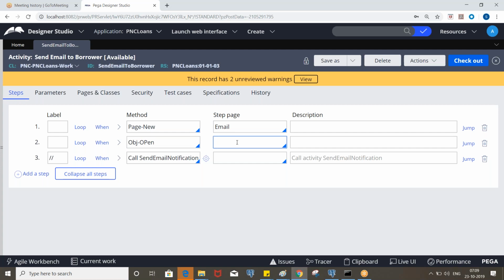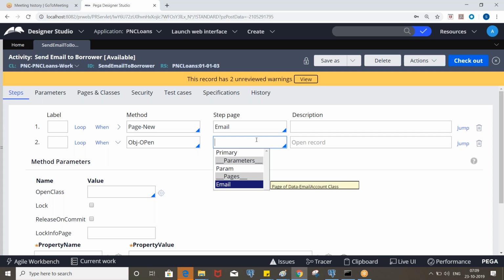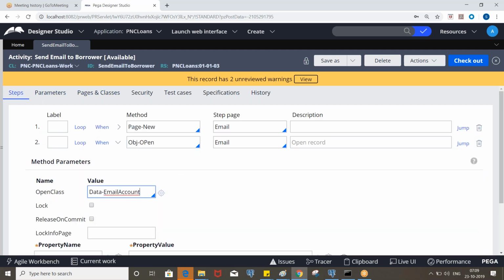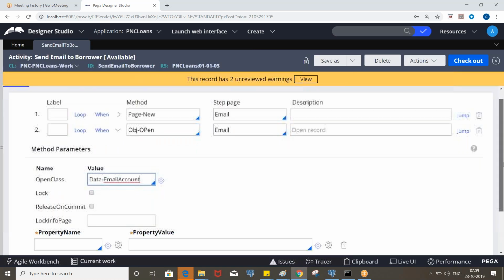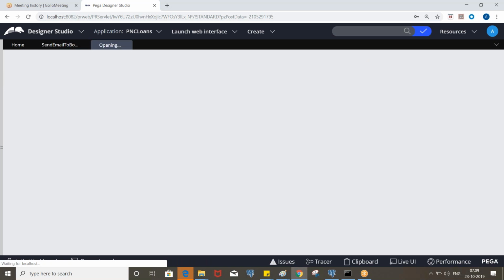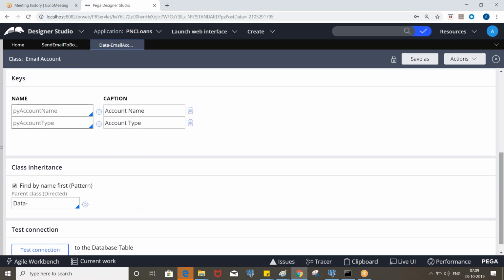We have multiple email accounts available, so we need to use the corresponding one, right? The class is data email account, and if you look at this class, we have two primary keys available: one is account name and another is account type.